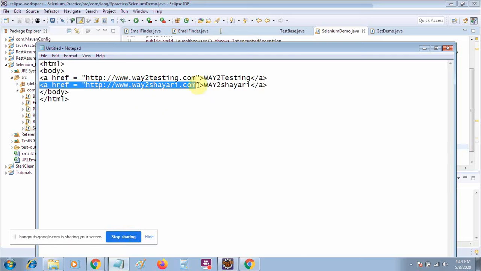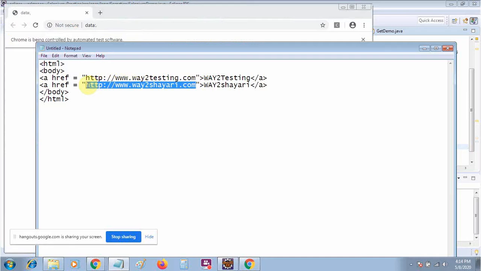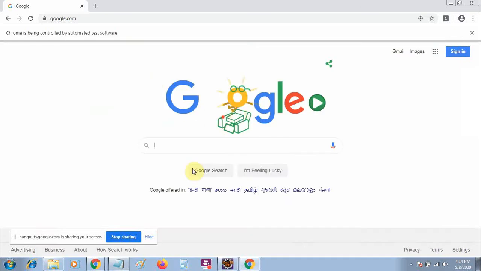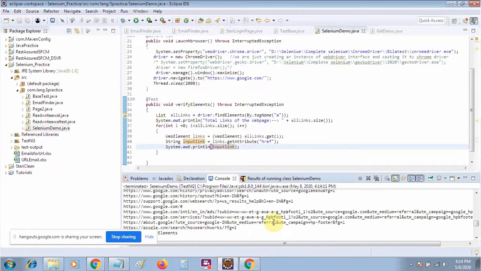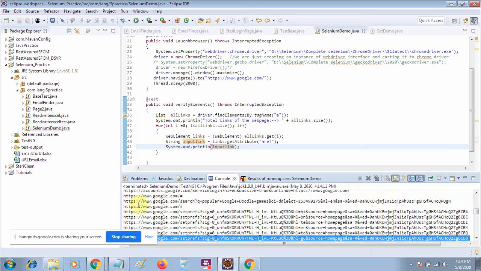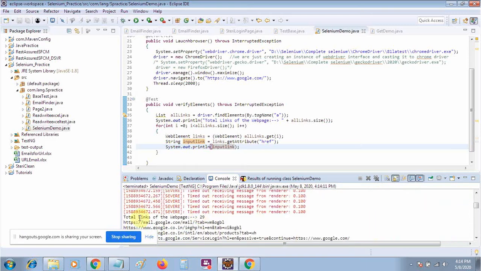From this complete row you need to fetch this exact URL, which is inside the href attribute. By the href attribute we find the exact value. You can see that the exact values are coming here, like Google support, nothing is invalid, everything is coming properly. So this is actually our required thing.